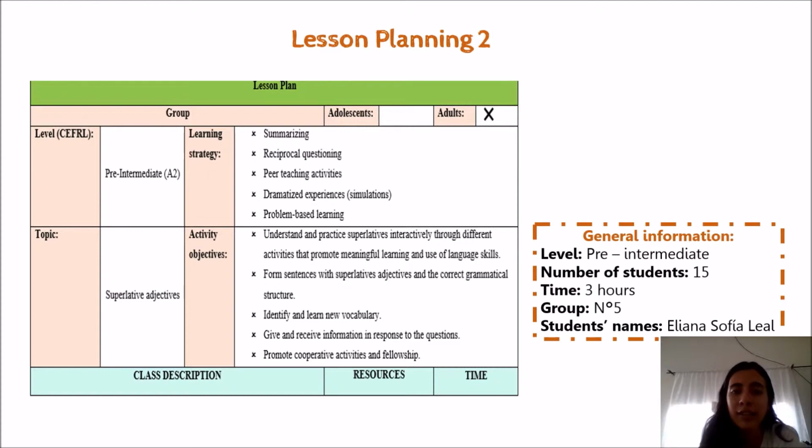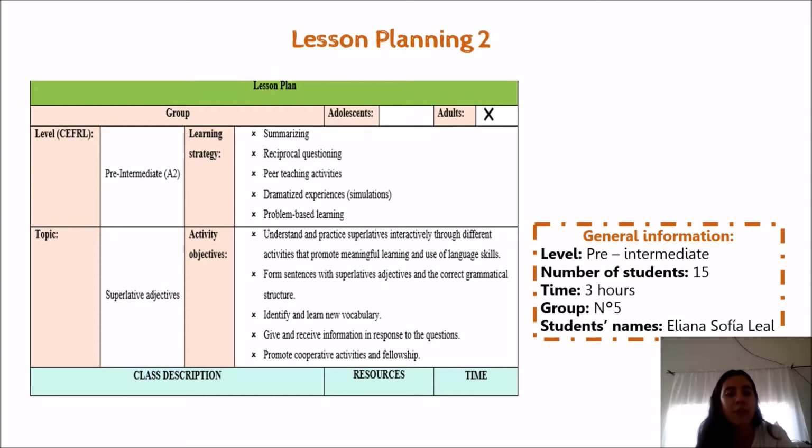Okay, here we have the second lesson planning, lesson plan 2, that is for adults. The level in this case is the same, A2, and the learning strategies are summarizing, reciprocal questioning, pre-teaching activities, dramatizing experience, simulations, problem-based learning. The topic is about superlative adjectives, and the objective is to understand and practice superlative adjectives through different activities that promote meaningful learning and use of language